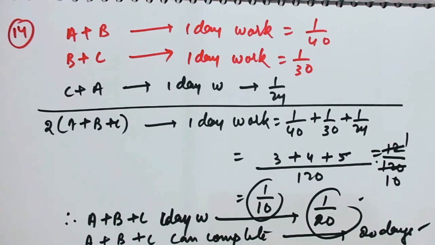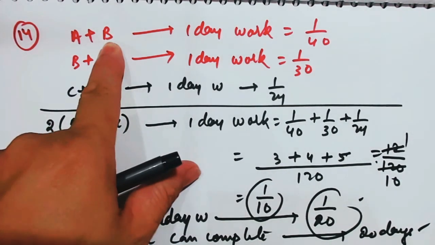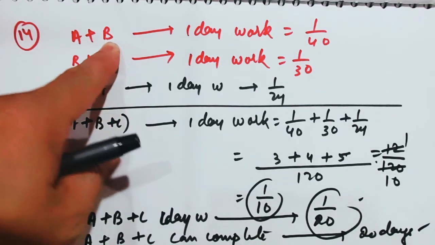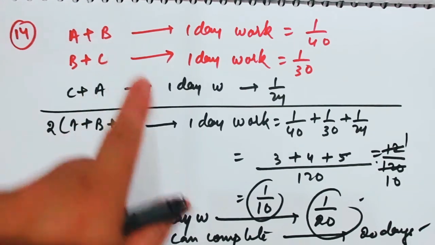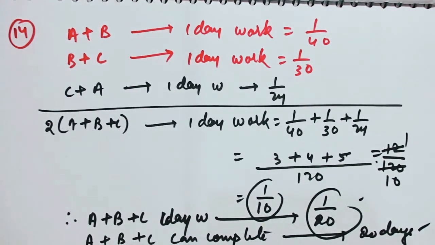Okay, in what time can each finish the work? So again you will have to go a long way. Each finish means how can you find out in how many days will B finish the piece of work? Okay, so in order to find B, we will have to subtract A plus C from A plus B plus C, isn't it? Or in how many days will A finish?